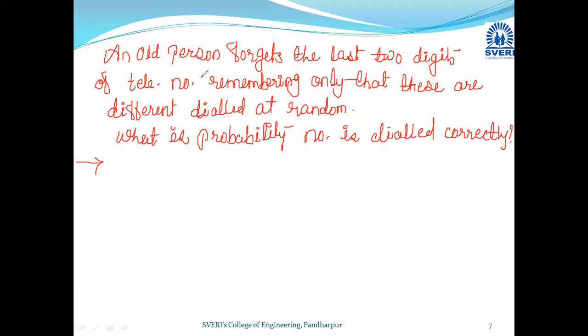So what is given? An old person forgets the last two digits of a telephone number, remembering only that these are different, dialed at random. The probability that the number is dialed correctly is, we have to find out that. So last two digits can be dialed